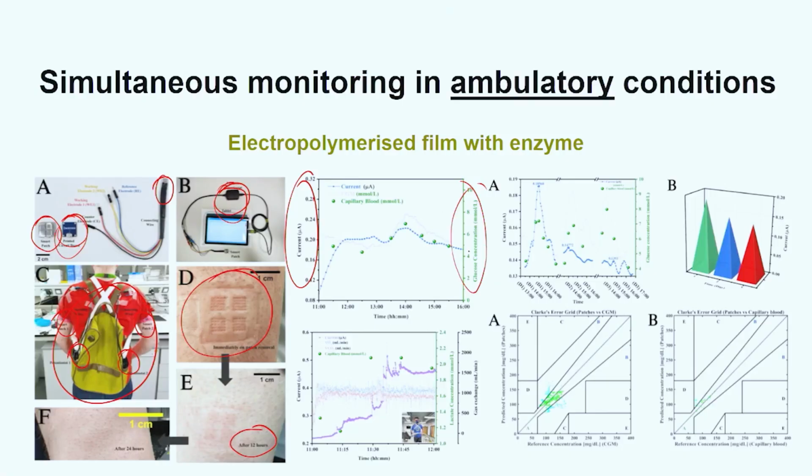So the blue trace is showing you the current values over time. On the right hand side is the glucose concentration values. The green is the capillary blood, and the lilac color that you see here is the trace from a CGM sensor, which was the Abbott sensor that we used here. So what we have here is one gold standard, which is your capillary blood, one secondary standard, which is your